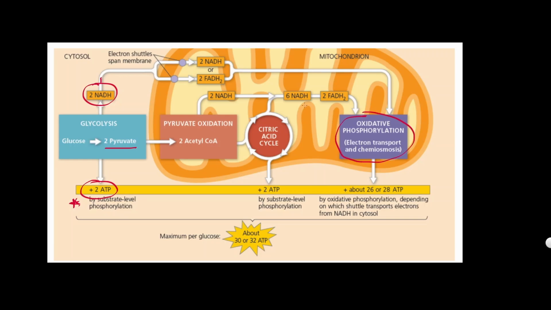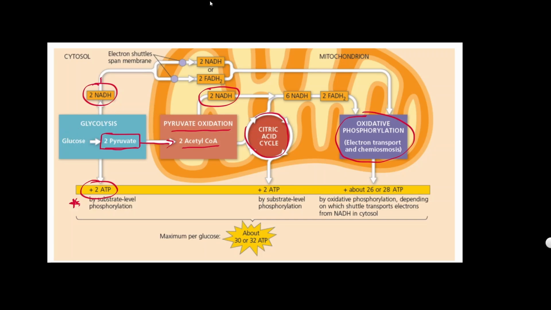Okay, and the intermediate step, pyruvate oxidation. No ATPs are made here, but you make 2 NADH. Why 2? Because we're accounting for 2 pyruvates going in. Okay, so remember that. And then you get 2 acetyl-CoAs, meaning 2 cycles of the citric acid cycle will happen per 1